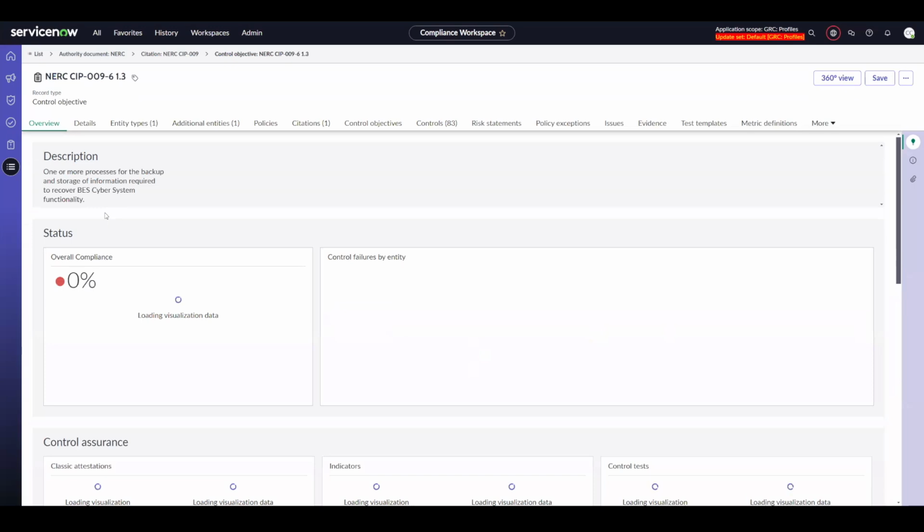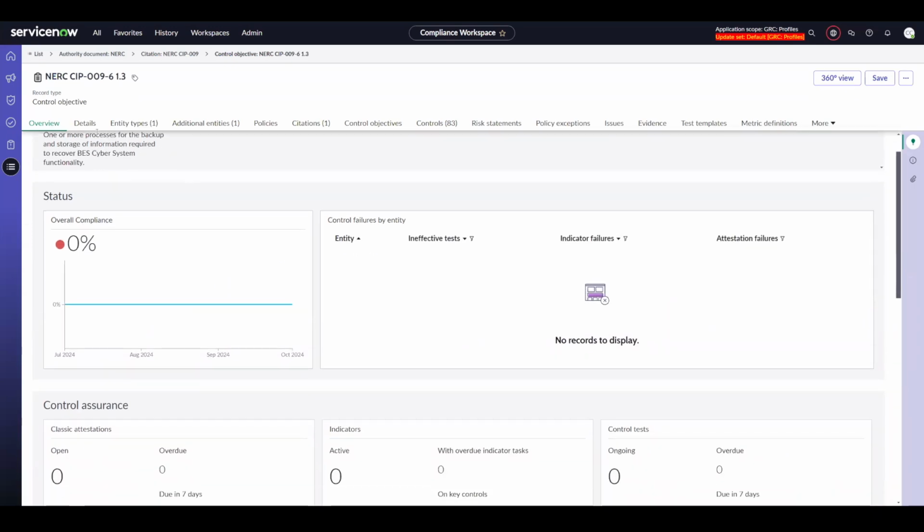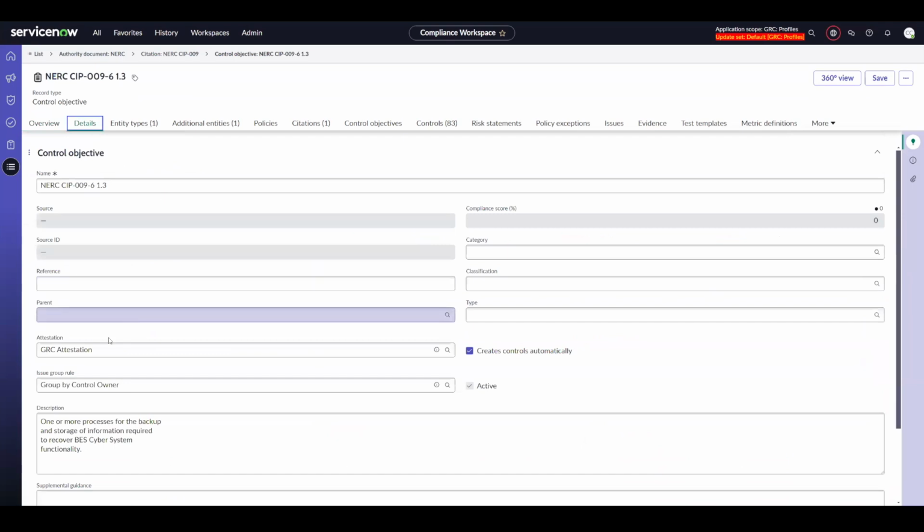Now we have our part 1.3, and what we can do is we will add our GRC attestation. Now what this does is this can ensure that a survey goes out to the proper respondents so they are able to provide evidence to part 1.3 for the preservation of storage